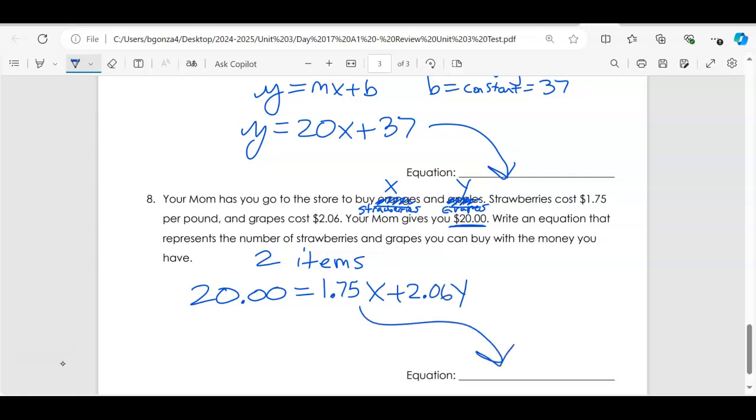That, my friends, is the equation, but you usually see it flipped around as ax, so 1.75x plus by, 2.06y, equals c, the constant total. That will do for your equation, and that is your review. So you review the edited, mixed up